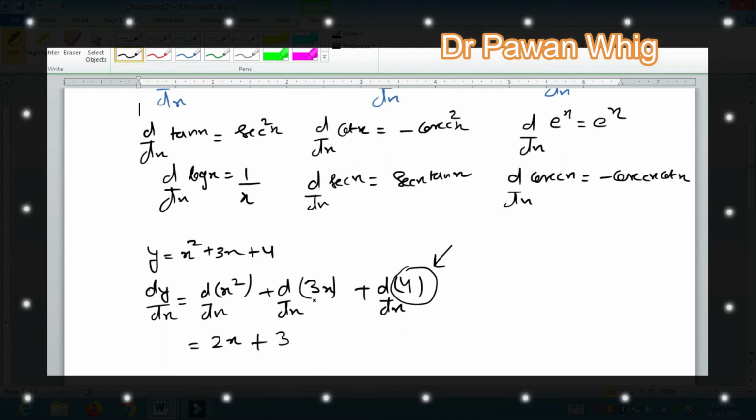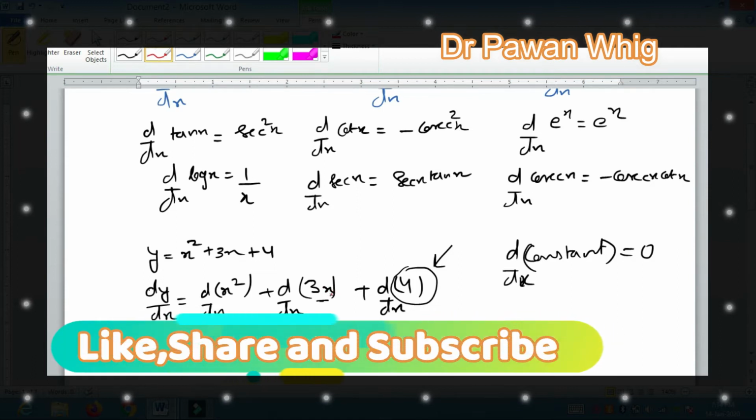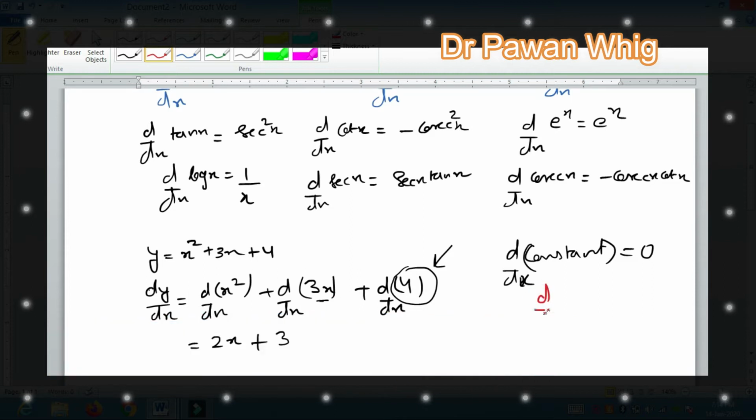But in the case of 3x, the differentiation is 3, because 3 is not a constant. Constant is called constant only, and its differentiation is 0 when it is alone. Mind it, this is very important. Constant is constant only when it is alone. If it is with some other number, it is not a constant. We just have to leave this number as it is, and we have to differentiate the variable part. Since it is x, I did the differentiation of x, which is 1. These all formulas I already provided you in the last class.